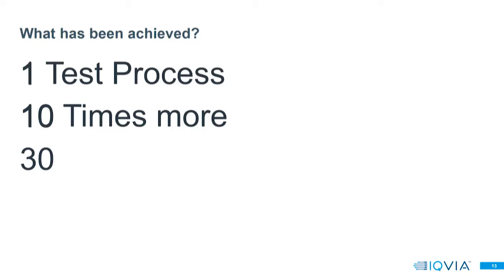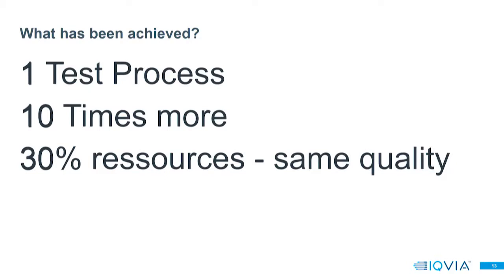And today, where we were not able to execute any automated test 3 years ago, we are able to do 10 times more testing, extending the coverage with less effort. Meaning, with less effort, I'm doing 10 times more, extending my test coverage with only 30% of the same test engineer resources. So they have not been fired, they have been promoted to other projects. So with the same budget, we are able to do more